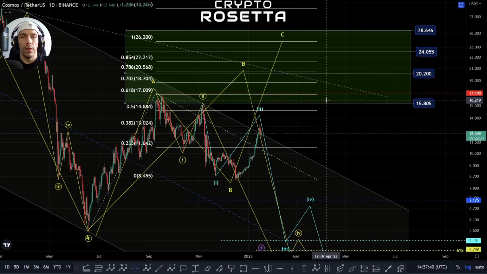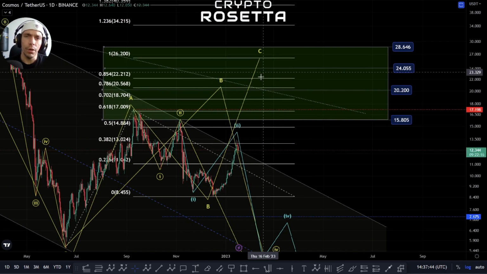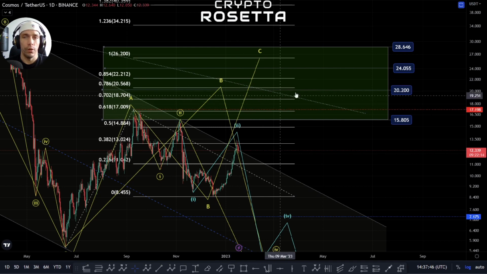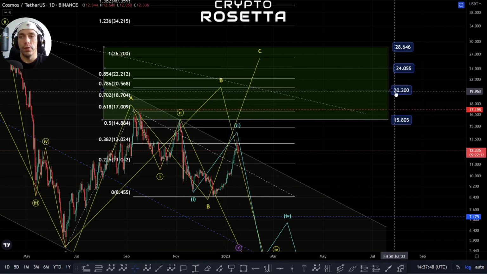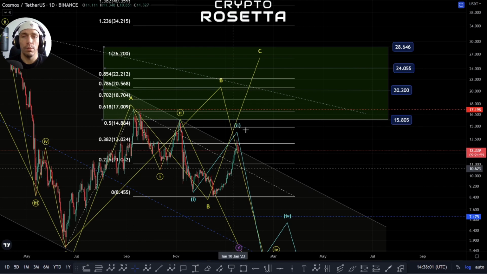Also this 50% zone again, which comes in at this 15,805. And then we could actually look to push up into this zone. The 0.618 sits on this 2020 area, so that's also interesting because we have the 786 in that zone. So if we did actually look to push up a little bit higher here with the C wave, then effectively